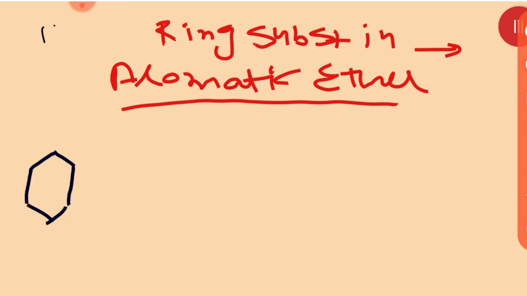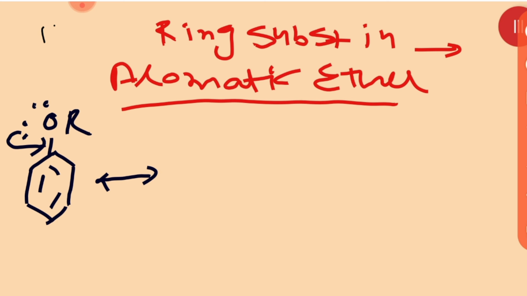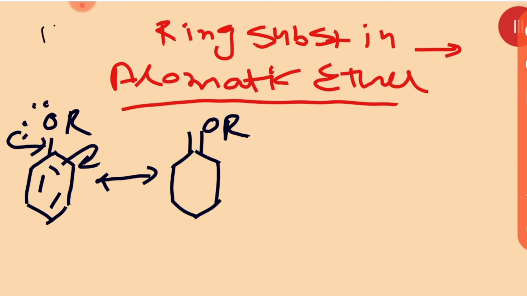Suppose here I am writing the ether. This is the aromatic ether, beta. Pair of electrons, and along with that there is a benzene ring. So what is going to happen over there? Let this pair come over there, then that pair will come over here. Then here it will be double bond O, then it is positive, R like that. Then there is a negative sign.